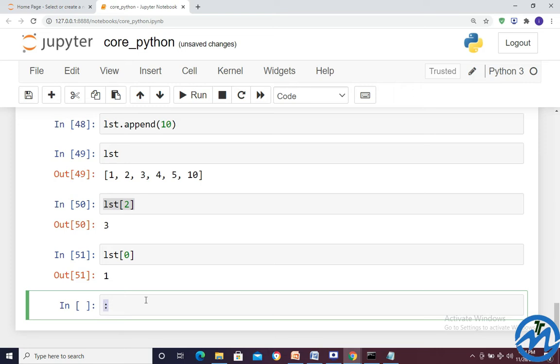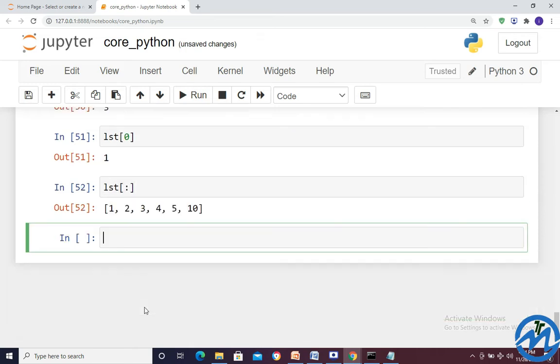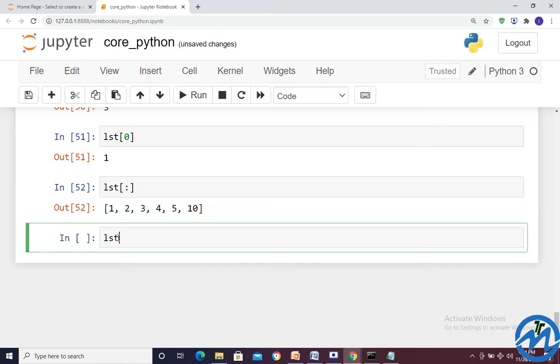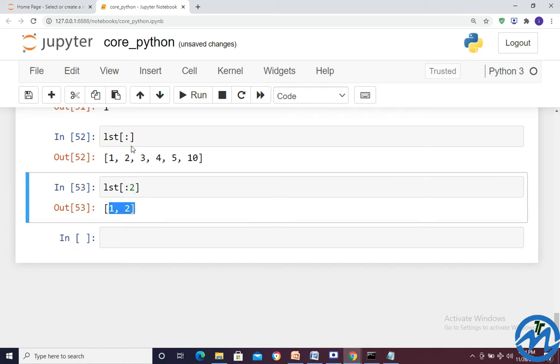Now what I wanted to do here, LST of colon. What exactly is the meaning of LST of colon? That means I want the entire list to be displayed, the entire body to be displayed. So you can see here, the entire body has been displayed. LST of colon 2, entire body up to second position, 1 and 2.